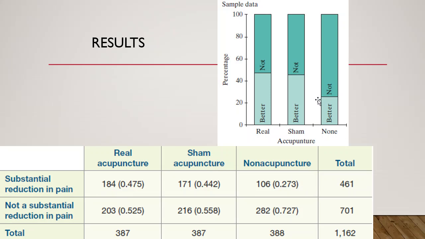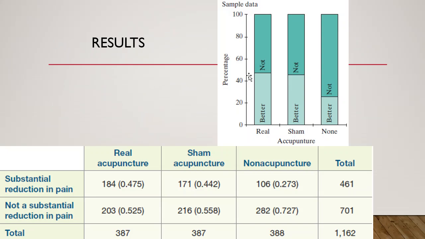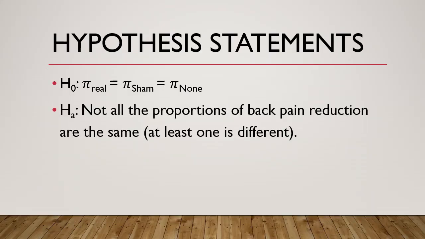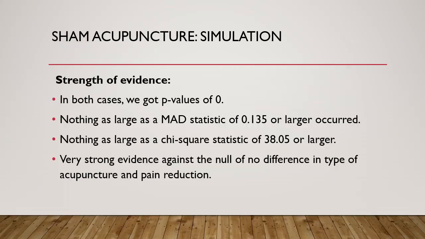The question for us, though, is, of course, if you randomly do a study, the proportions in the sample are going to be different. We want to know, are the true population proportions the same? And so are the p-hats that we get here different enough to conclude that the true proportions they're coming from are actually different? All right, and so what we're going to do is